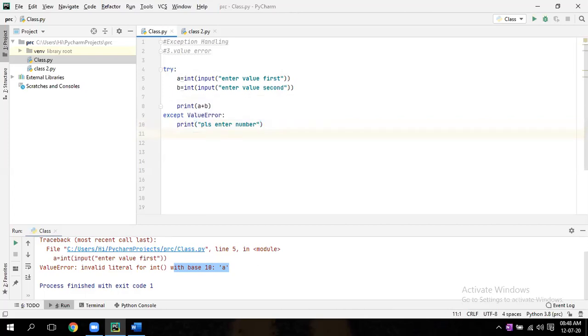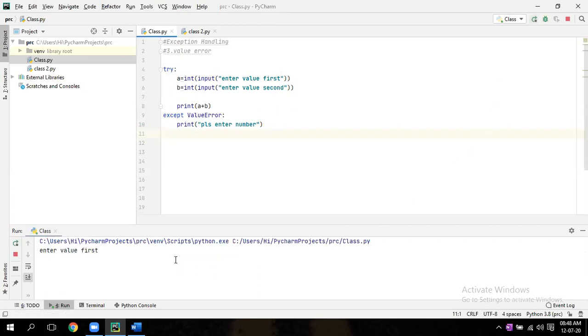Now run it. Now enter a string, A. Okay, so like that you can handle this value error.